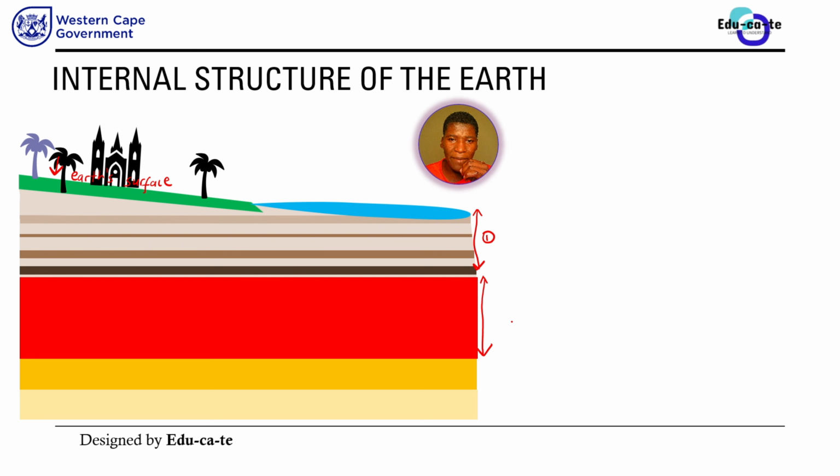So this is layer number 1. This is layer number 2. The third layer is the yellow one. This is yellow, layer number 3. All right. So this is the third layer underneath the Earth's surface. And then layer number 4, it is the fourth layer. So this is what you find as you dig down.